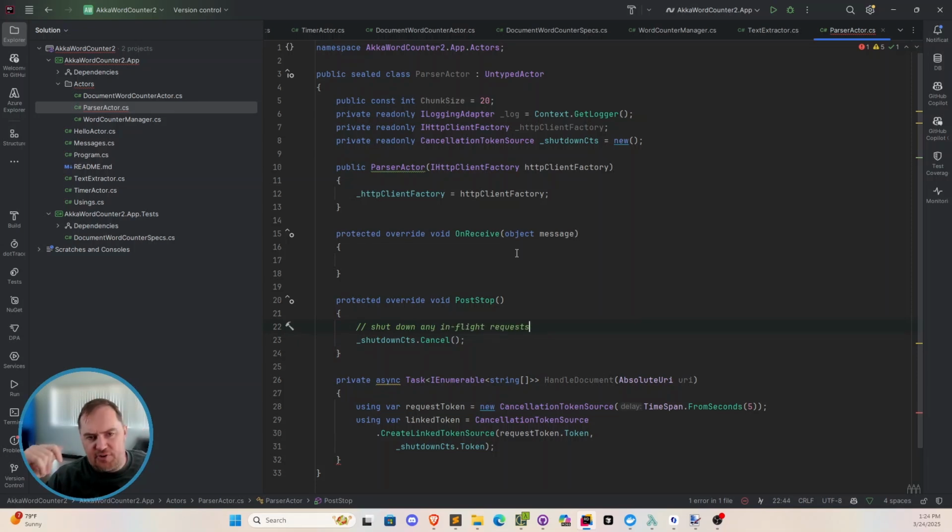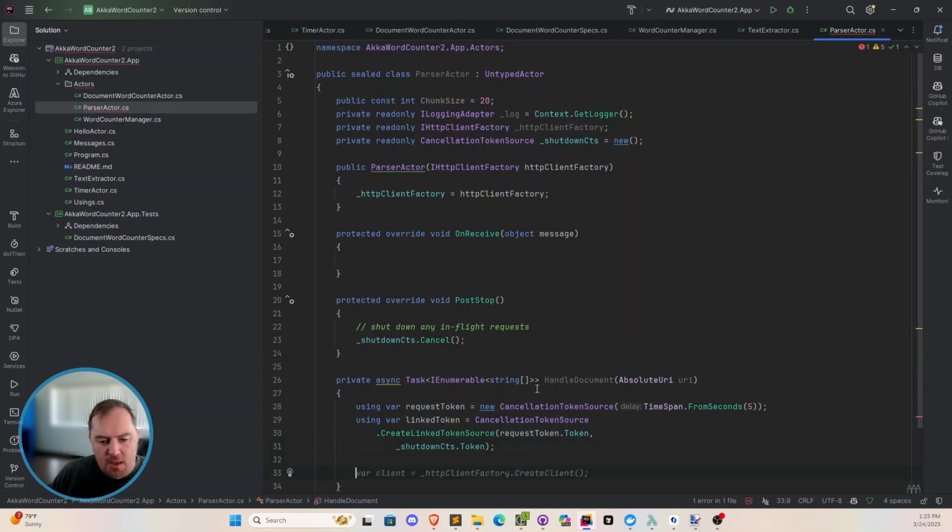So what this is going to help us do is that in the event that we have some HTTP requests that are still being processed in the background at the time this actor needs to terminate, this helps us guarantee that we cleanly shut those down by just invoking this shutdown cancellation token. If you have an actor that manages long-running operations, downloading a web page is generally not that long-running. But for argument's sake, if you do, this little pattern of sticking a cancellation token source in your private fields and then invoking it when you shut down, A+. That's usually a pretty good way to make sure we don't leak stuff